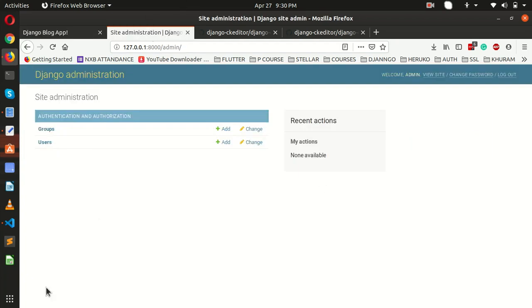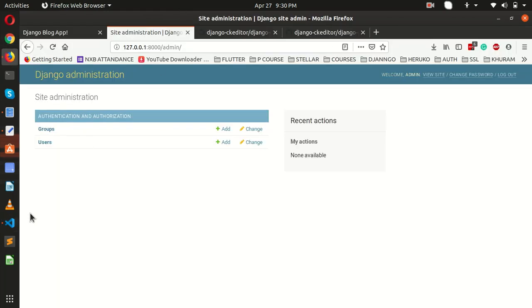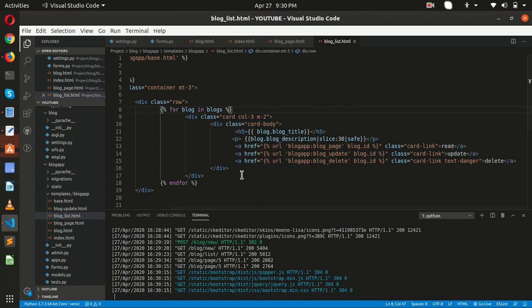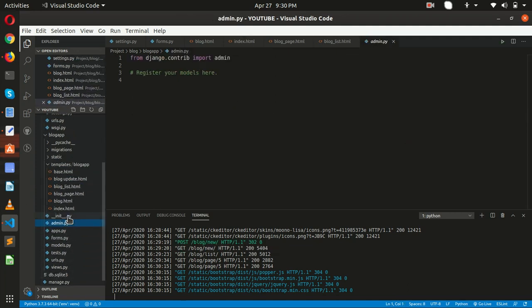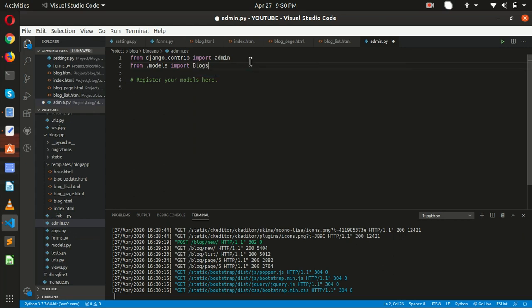Let me just do one more thing for our admin side as well, so the models we have made will be visible out here. For that, we have to move towards our admin file. Inside that, from models import our blogs.